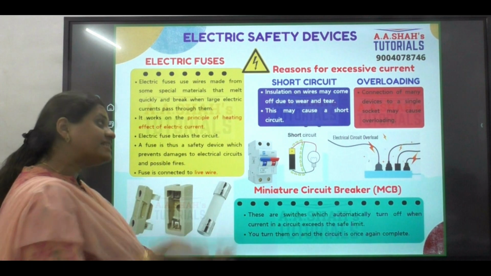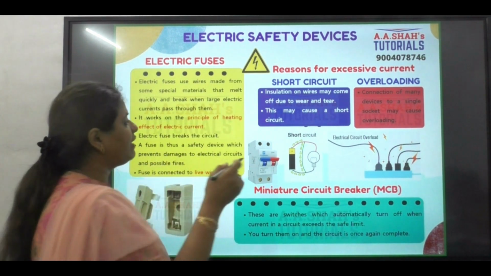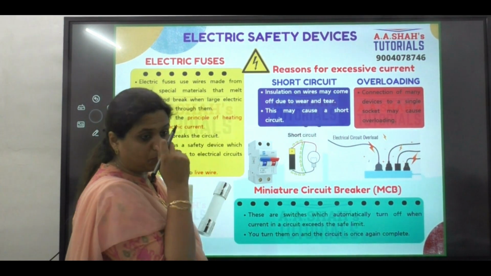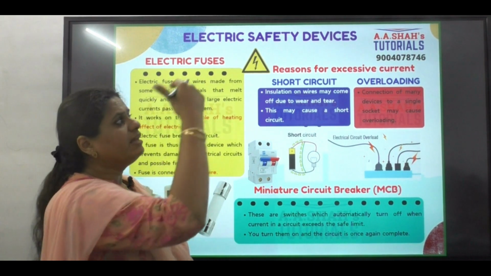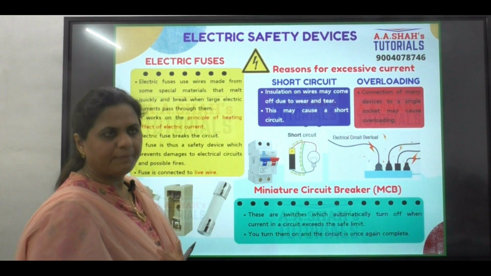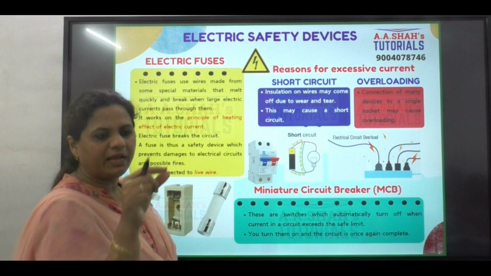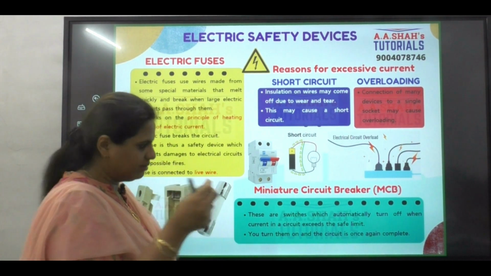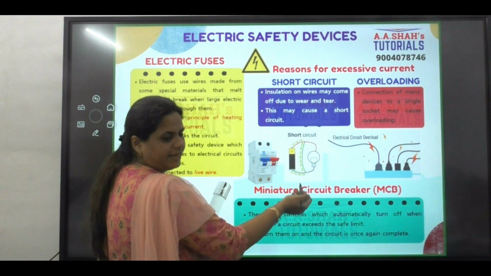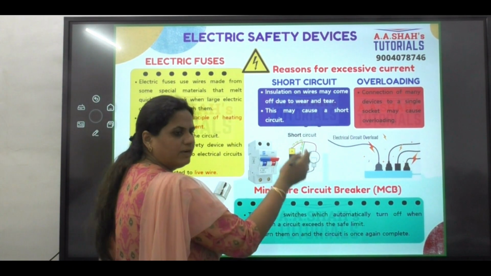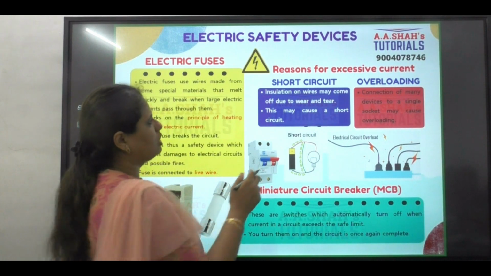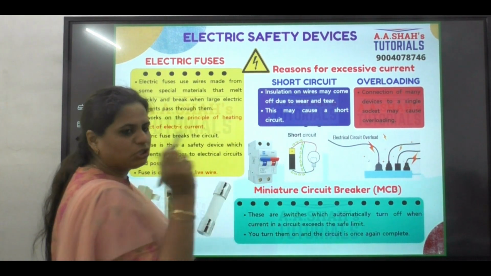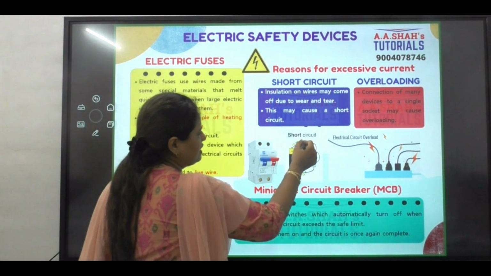The second thing is short circuit, which is when two wires get connected which are not supposed to. You would see the wires in your homes have a plastic coating on them. If the insulation comes off and two wires join when they are not supposed to get connected, then the current which will flow will result in a short circuit. So that is called short circuit. When a short circuit happens, it means the circuit is becoming shorter.